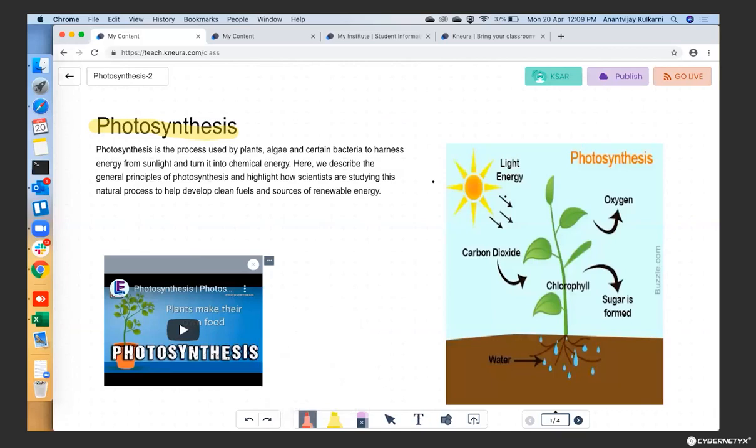So let's say I want to mark something. Whatever I'm doing is actually becoming collaborative. So the canvas itself is collaborative by nature. And whatever the teacher teaches in this lesson is already saved in the lesson, so students need not take down any notes, and they can focus on what is being taught in the classroom. That is another advantage here.